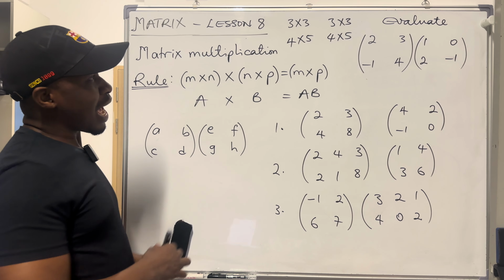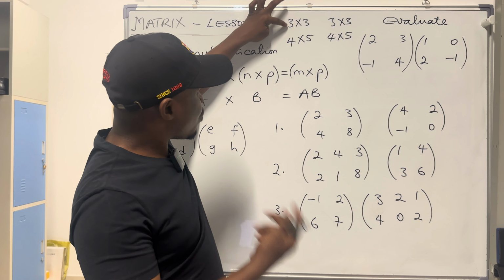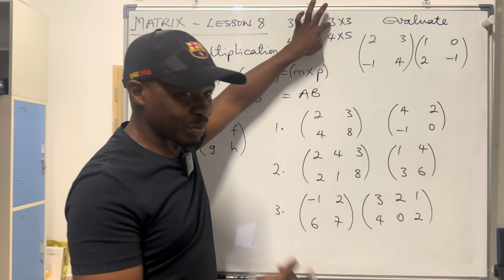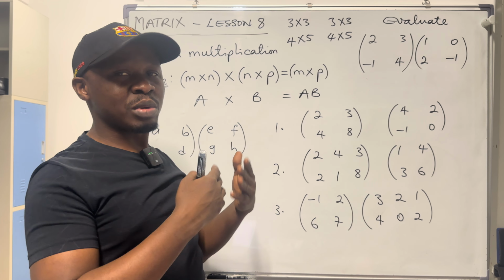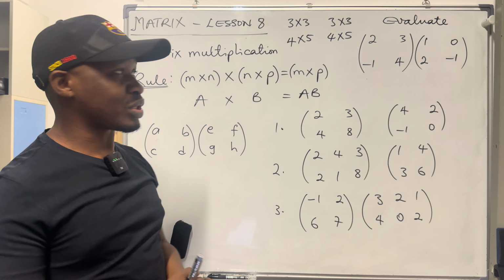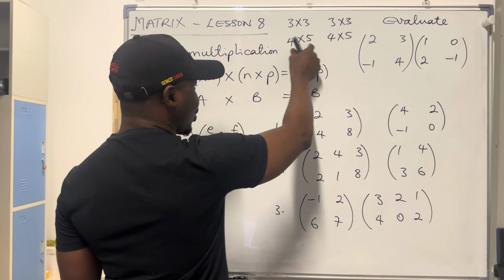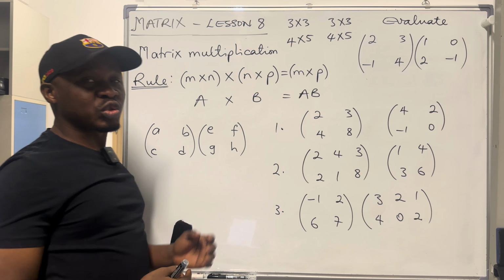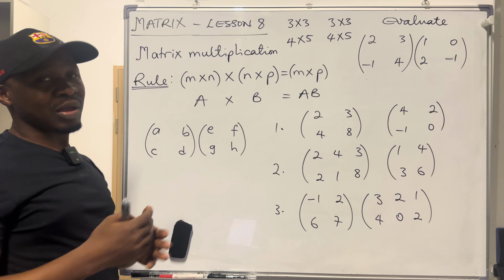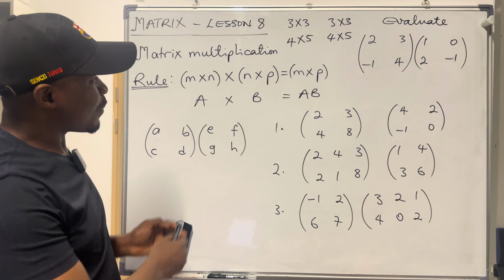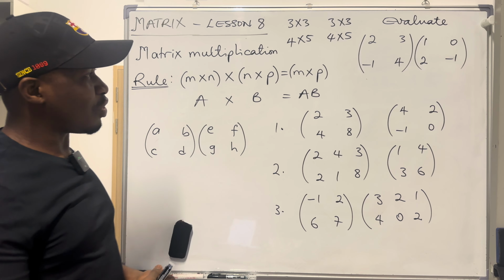So please, addition and subtraction, if one is 3 by 3, the other matrix has to be 3 by 3 for the addition to be possible, for the subtraction to be possible. If one is 4 by 4, the other has to be 4 by 4. If one is 2 by 4, the next one has to be 2 by 4. That one is understood. Now, what is the condition for